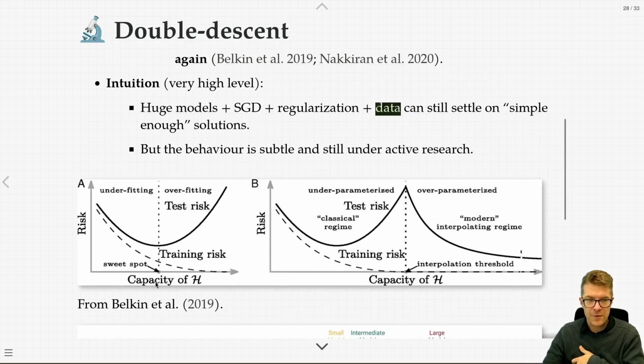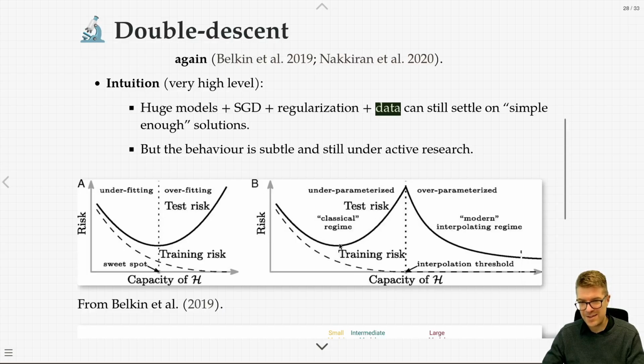So here's a cartoon visualization from Belkin et al. Normally we have, this is the exact same cartoon I generated a moment ago. Overfitting is where you have very low training risk and the test risk goes up. But in a super over-parameterized model, where you have way more parameters than you need, you will have the same behavior, but at a certain point when you get a bigger and bigger model, you'll eventually start decreasing your risk again, after you've gone over this speed bump, this little spike. And then you'll get to a point where your risk is even lower than it would have been in the so-called sweet spot if you had stopped training after too few epochs, for example. So this is the double descent.